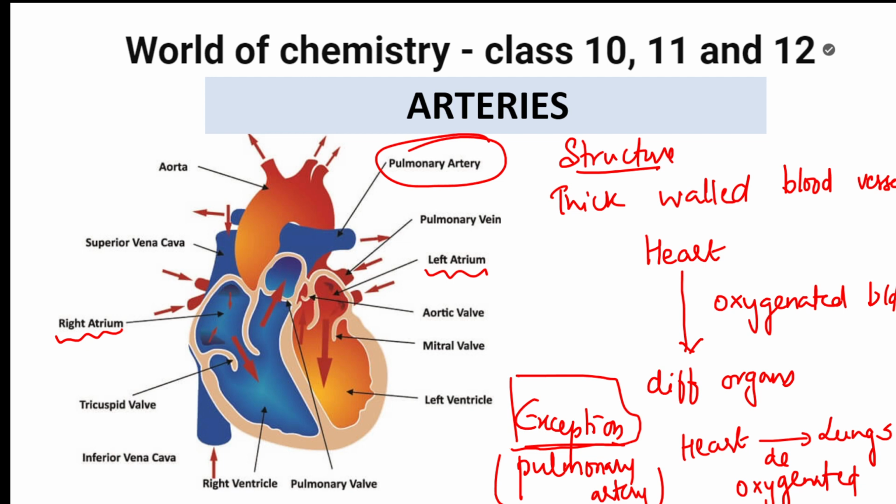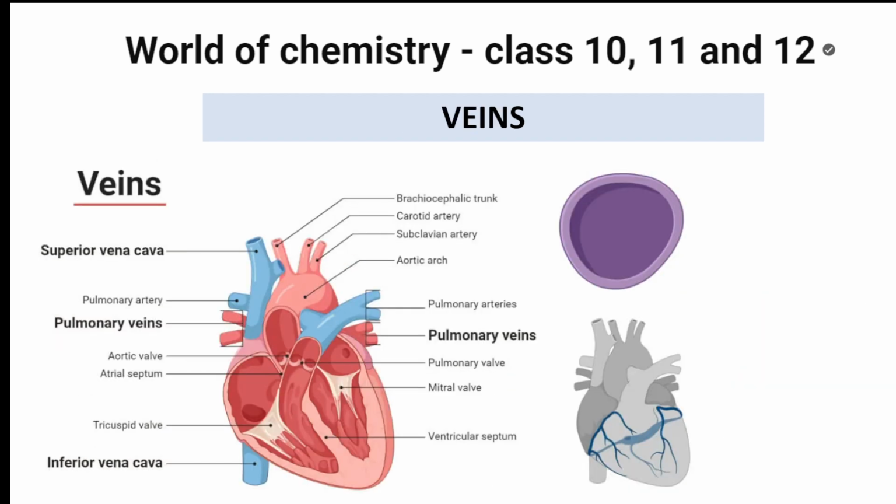Now let us go to the next part. Veins. Now you only see the veins, students. How many varieties of veins we have? Two varieties of veins. One is your right ventricle and you have left ventricle, correct. Now here what is the work? Again, veins are also thin walled blood vessels. These are also thin walled blood vessels only, same concept just like your